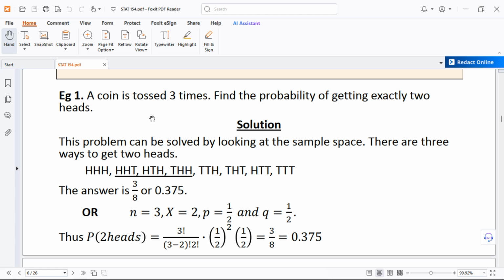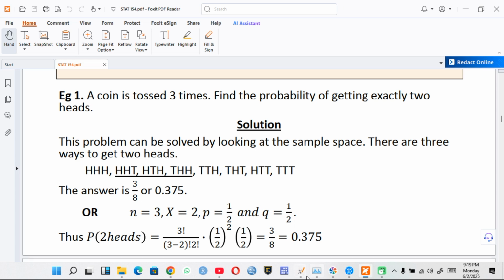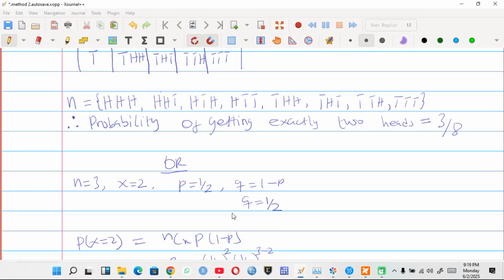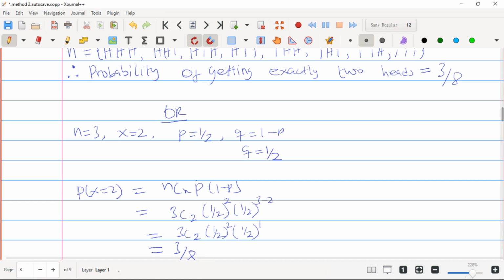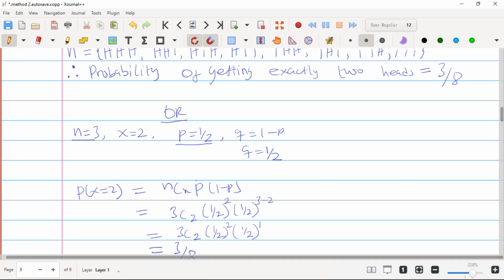1/2, right? So let's come back to our sheet so that we will really appreciate what I'm trying to say. Here, our n from the question will be 3. Our p will be given as half, because if you flip a coin 3 times, you will either get a head or a tail. And they told us in the question that we should find the probability of getting